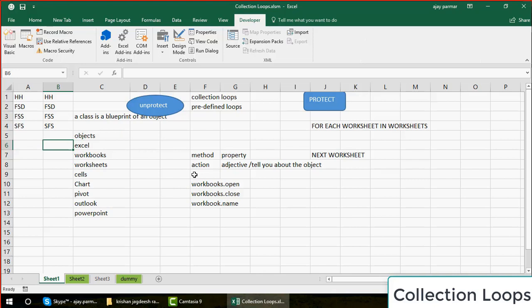Maybe you want to go to every workbook and rename all the sheets. Maybe you want to protect them, maybe you want to unprotect them. The idea is, if I have 10 workbooks open, is there anything I can do which can take me to all the sheets of each of these workbooks one by one, and then do whatever I want to do? Maybe compiling data would be a good option, isn't it? Yes, we have. That collection loop we call For Each workbook in workbooks. So let us go and talk about that.